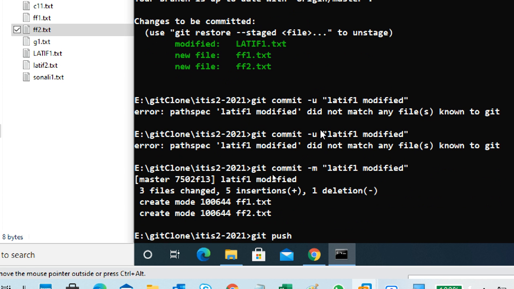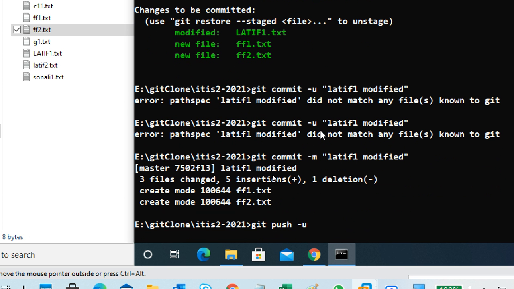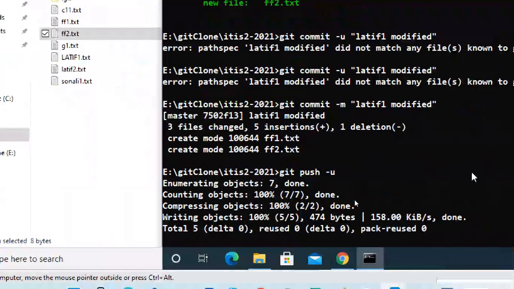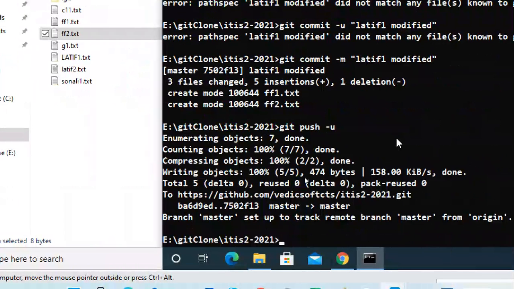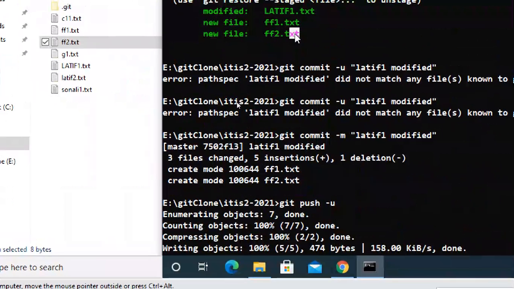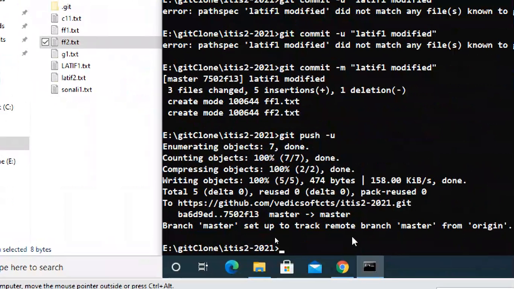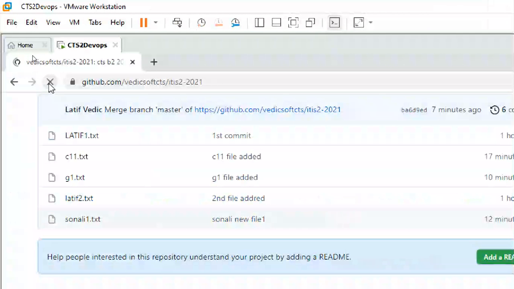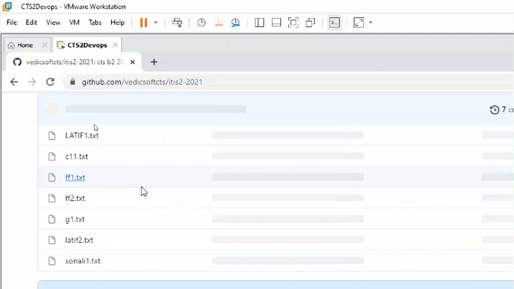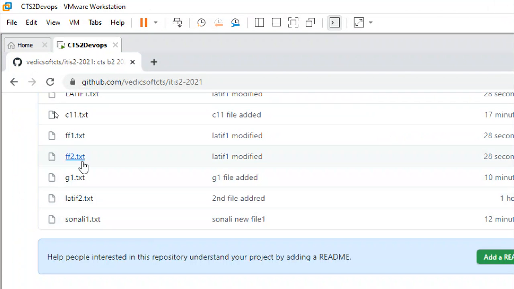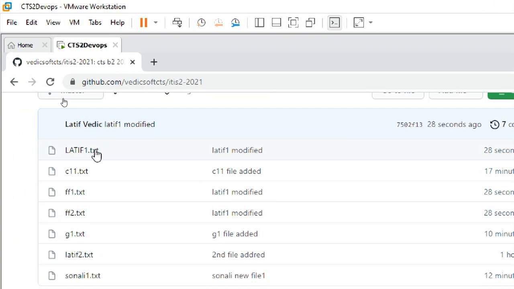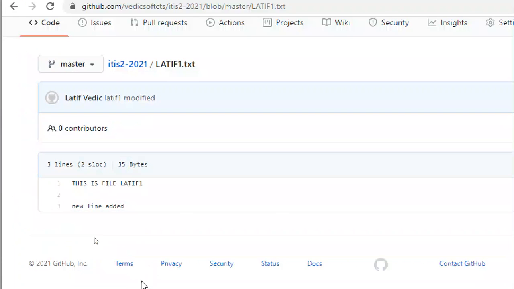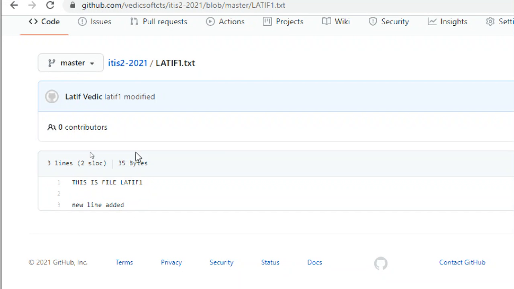It is git push only. So I push the file. Now what will happen after pushing? There is a modified file. Just to show you this extra file, how to add one by one file, how to add all files also. One by one file also I showed it. Okay. Now here, can you see Latif one? It is modified. Okay. So once modified, go for it. How it is showing here, modified line also.